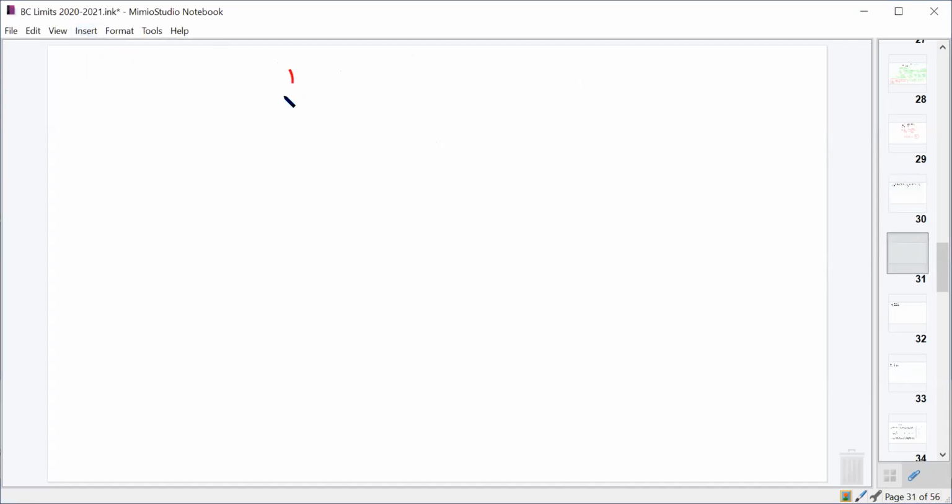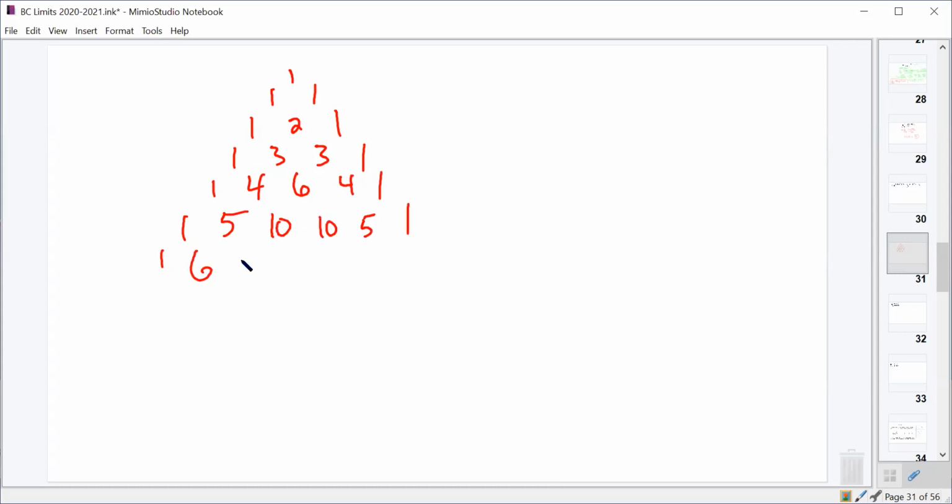So remembering Pascal's triangle, start with a 1, then the next row is a 1 and a 1, and the outer pieces of it are always 1s. And then the 1 and the 1 make 2. We got another 1 on the outside, and continuing down, it's 1, 1 and 2 makes 3, 2 and 1 is 3, and then a 1 on the outside. We got 1, 4, 6, 4, 1, 1, 5, 10, 10, 5, 1, 1, 6, 15, 20, 15, 6, 1, and so on. As we continue down, these values in Pascal's triangle that we get from adding the terms above it are the coefficients